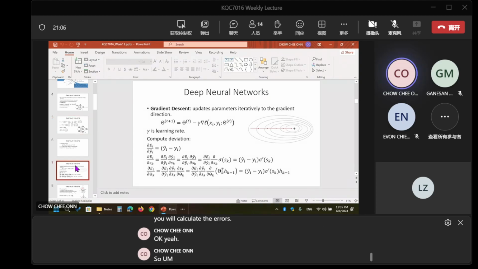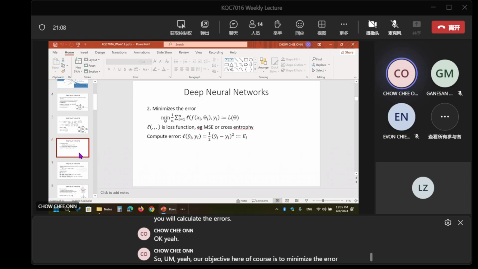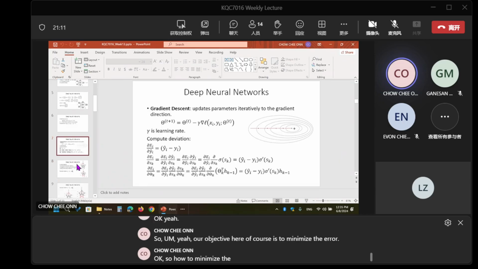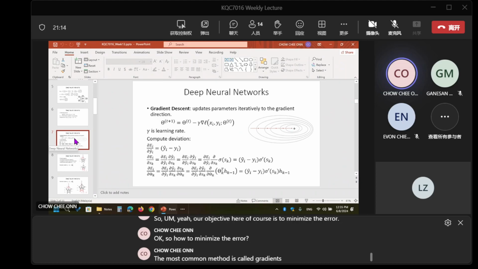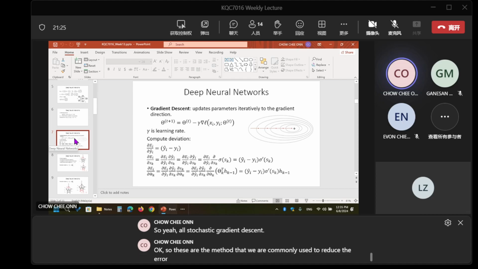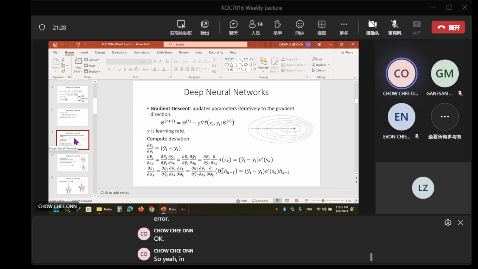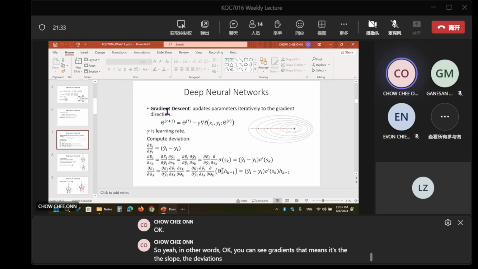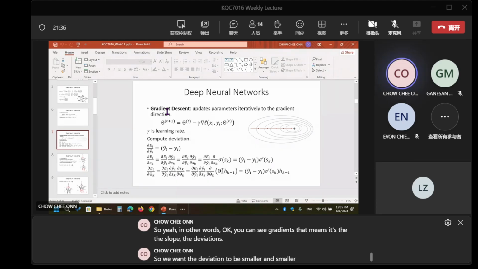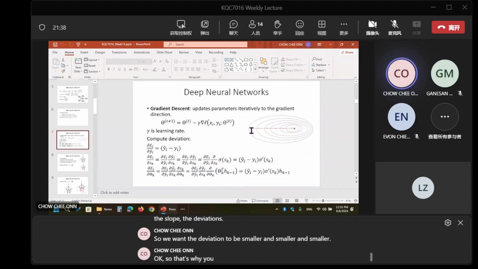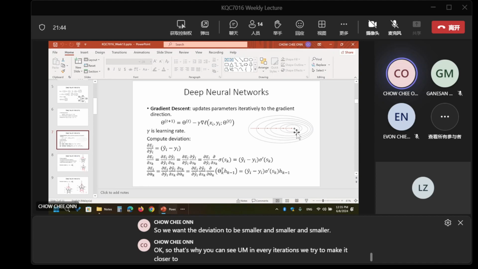Our objective here, of course, is to minimize the error. So how to minimize the error? The most common method is called gradient descent, or stochastic gradient descent. These are the methods that we commonly use to reduce the error. In other words, you can see gradients means the slope, the deviation. We want the deviation to be smaller and smaller. So you can see in every iteration we try to make it closer and closer to our